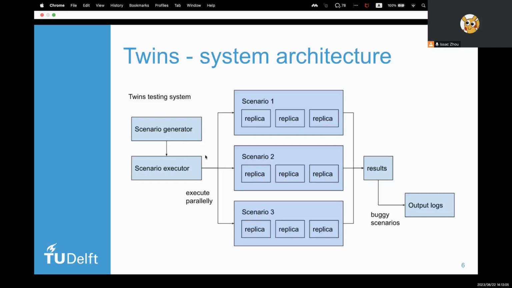If we have specified how many processes to run, the generator randomly generates a lot of scenarios and feeds them into the executor. After running these scenarios in parallel, the results are saved to logs, especially the buggy scenarios.